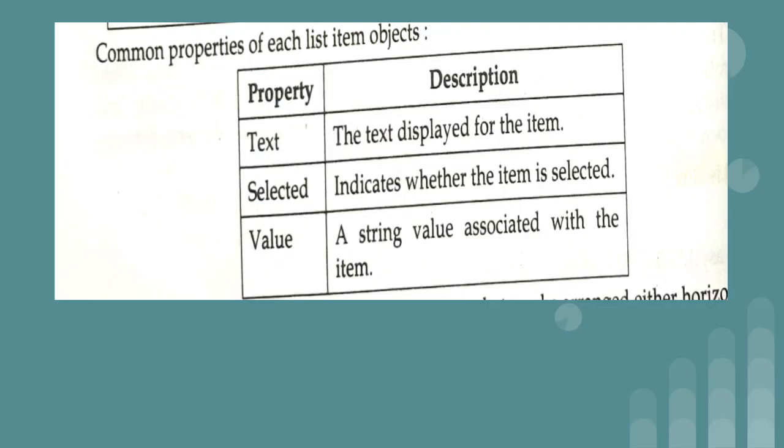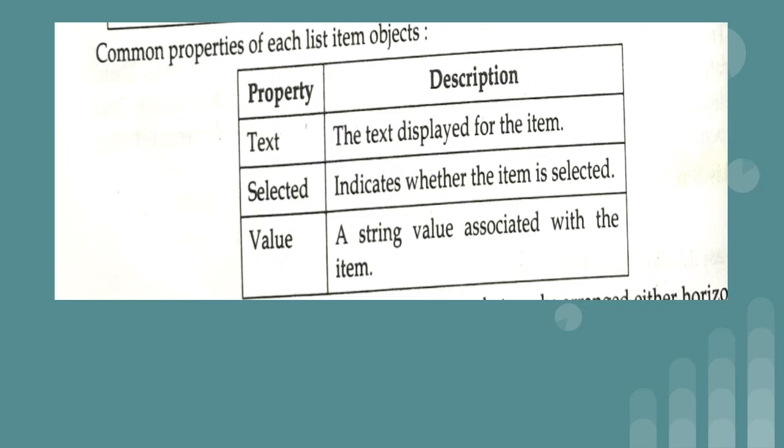So selected means that by default that particular item is checked or selected. Then we have value. Value is actually a very important property for each and every list item, because on the basis of value also we can write some conditions. And the text property means the text which is displayed inside the radio button, that is along with the radio button, and along with the check boxes. So that particular property is nothing but the text.